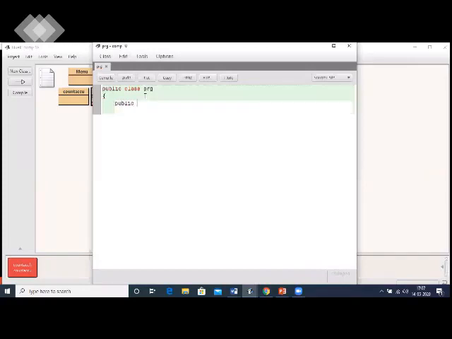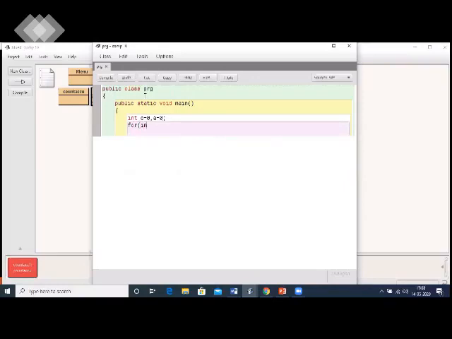Public is my access specifier. Static I write over here so that JVM will automatically call the main method without creating any objects. This is the method declaration of main. Then this is the opening parenthesis of the method block. I take two variables. C is for counter, A is for my accumulator. I'll be showing you the difference between counter and accumulator with the help of the for loop.